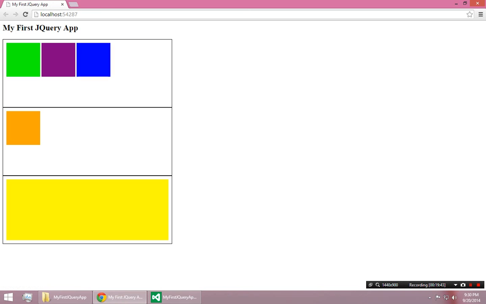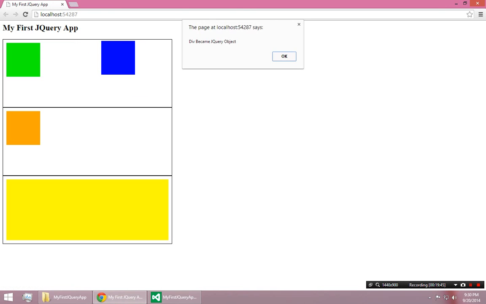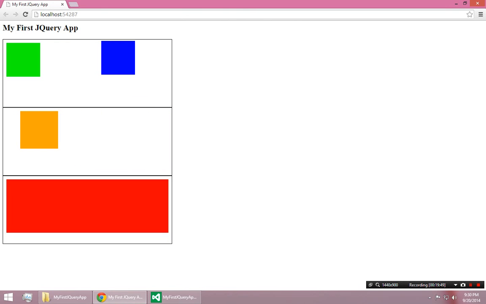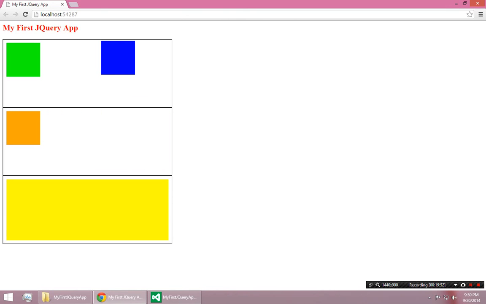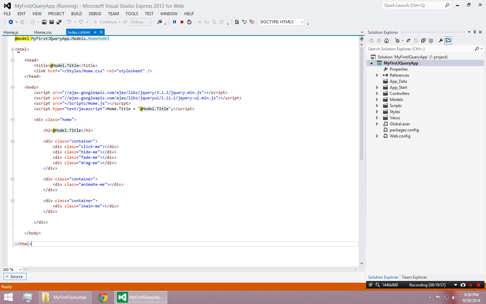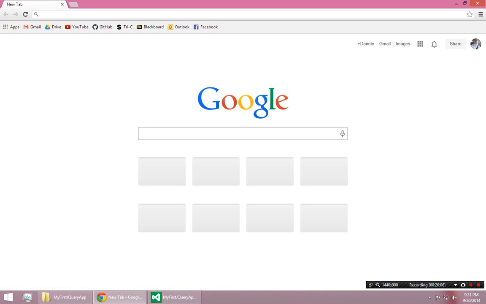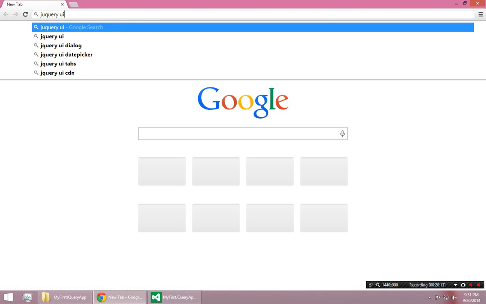So obviously I got fade, remove, drag, some click events, some motion going on, and a little hover clicking thing. I wrote very, very little code to make this happen. And I think going forward using jQuery, you're going to be able to explore a lot of different stuff. Obviously I've supplied you with the links to the jQuery documentation, but if you do something like jQuery UI methods or API,